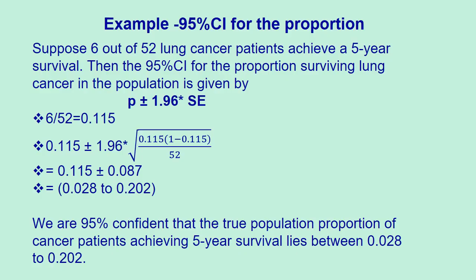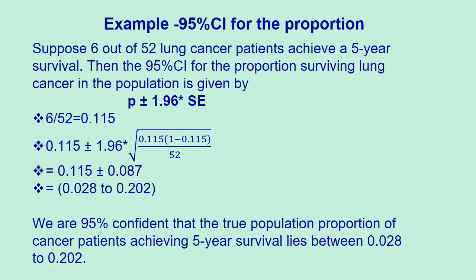So we can use our formula in the previous slide, which says p plus or minus 1.96 times the square root of p times 1 minus p over n. Our p is 6 over 52, which is 0.115. To calculate the 95% confidence interval for the population proportion of cancer patients having 5-year survival, we get 0.115 plus or minus 1.96 times the square root of 0.115 times 1 minus 0.115 over 52, giving us 0.115 plus or minus